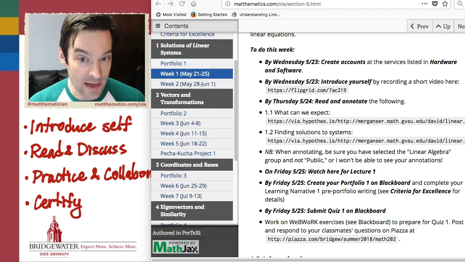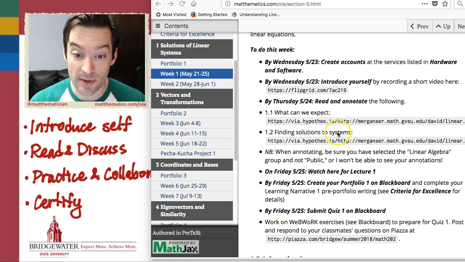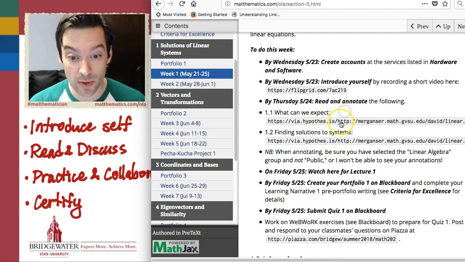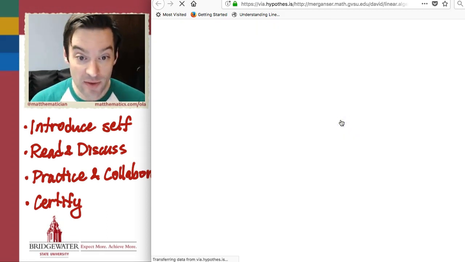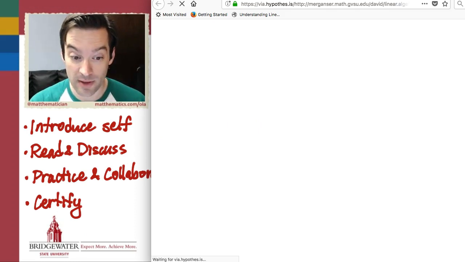Well, the reading and annotation assignments will always be linked in our week-to-week play-by-play under the heading of something called Read and Annotate. And so the links that you'll see here link to sections of our online textbook. So here's section 1.1. And if I were to click on this link, it's going to take me to that relevant section of the textbook that we'll be reading for that portion of